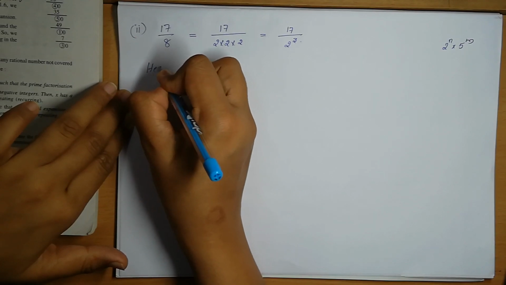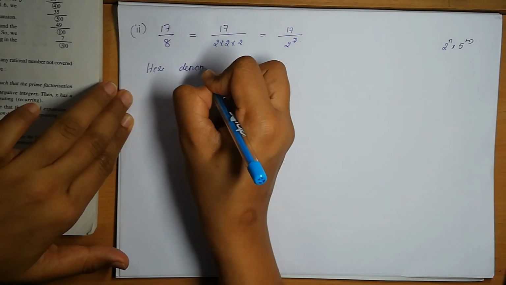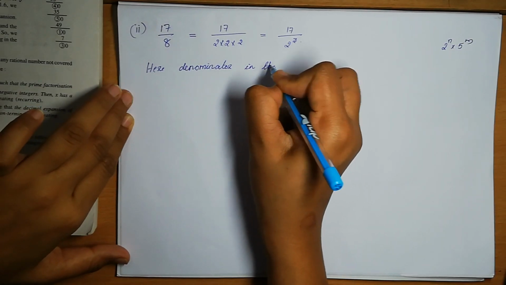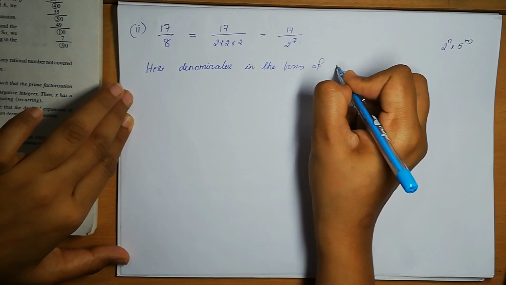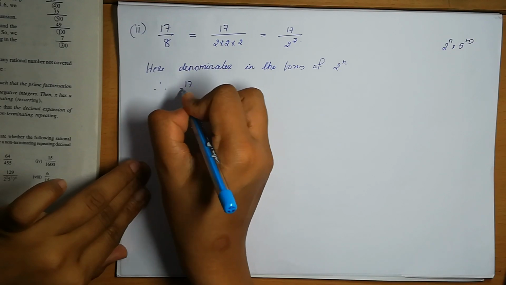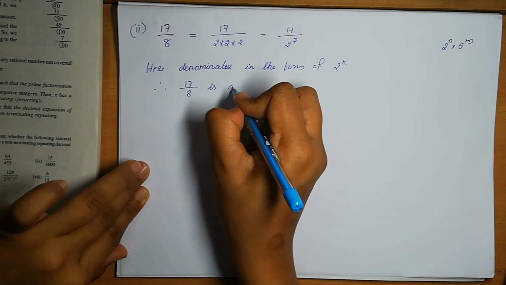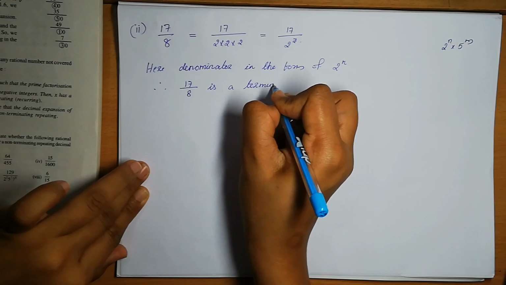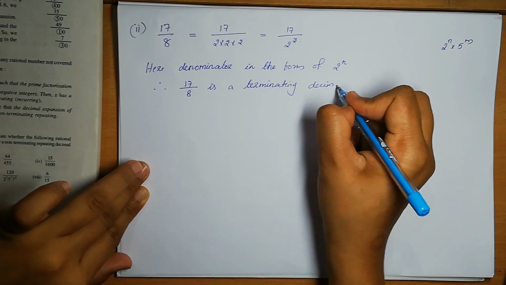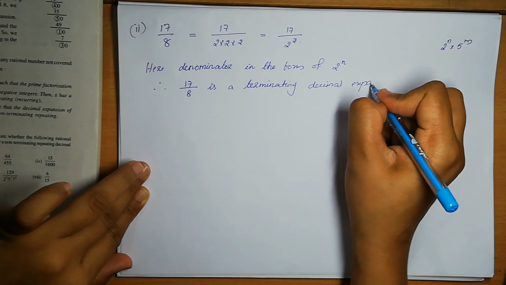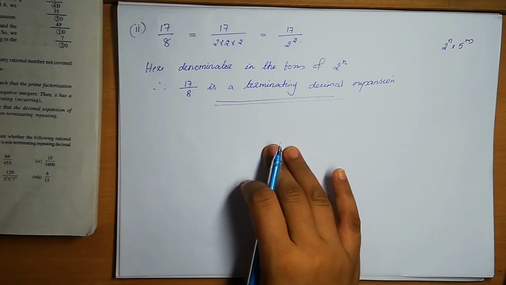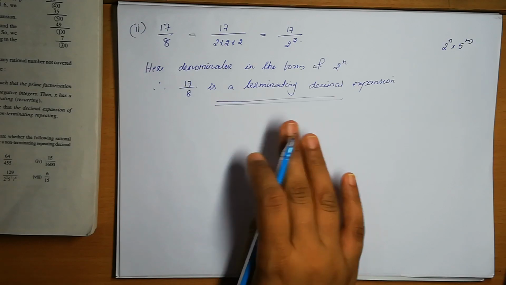Here the denominator is in the form of 2 raised to n. Therefore, 17 by 8 is a terminating decimal expansion. Terminating decimal expansion. Answer. Then if it is terminating, we need to write the decimal form for this 17